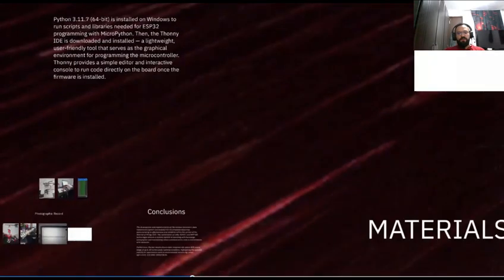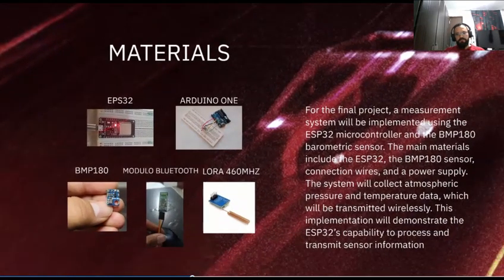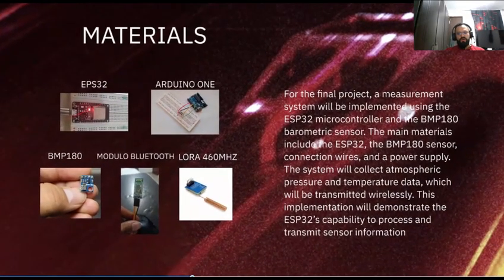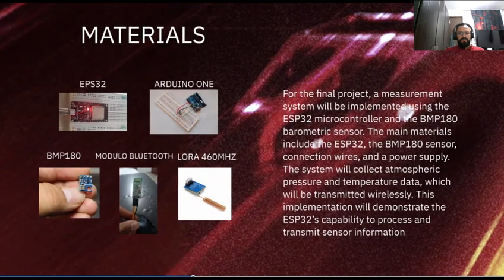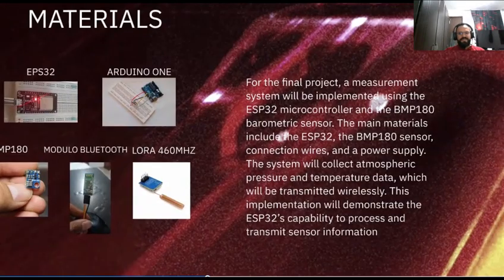To measure the environmental variables, we used the BMP180 barometric pressure and temperature sensor, which communicates through I2C and provides accurate and stable readings. For long-range communication, we implemented the LoRa